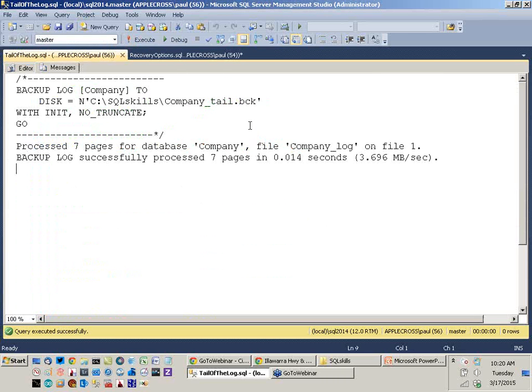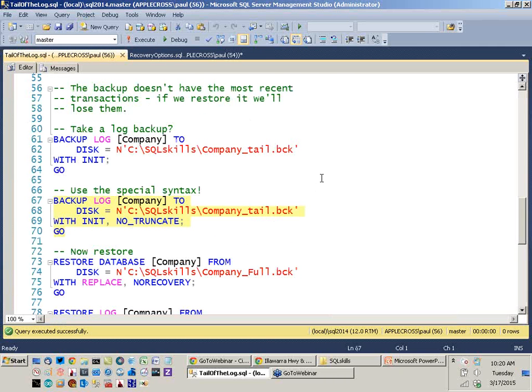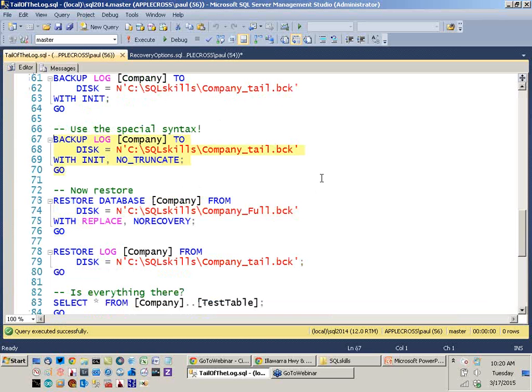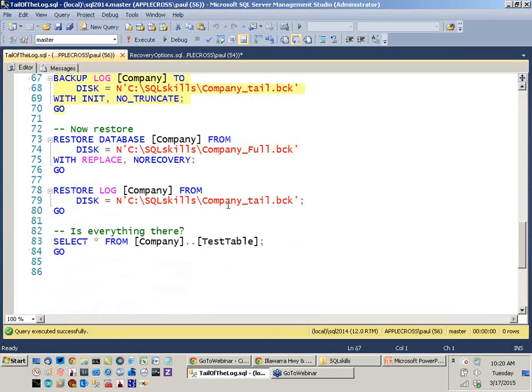And that backs up the tail of the log. So this is called a tail log or tail of the log backup, and that tail of the log backup can now be used in my restore sequence. Now this is a contrived example, obviously. In a real-life situation, you might have a whole bunch of different restores you have to do,